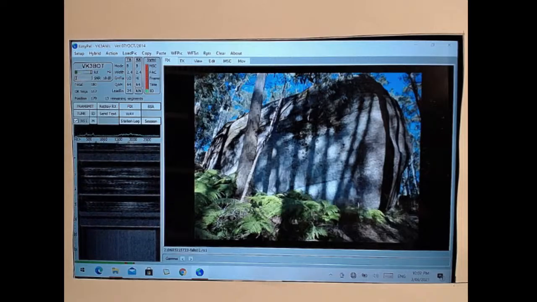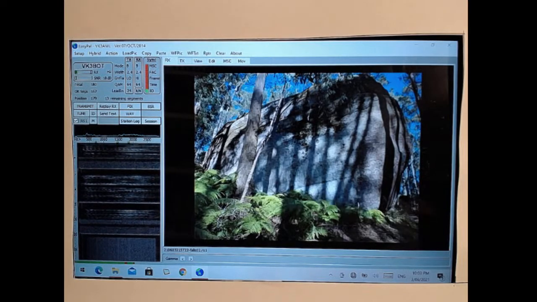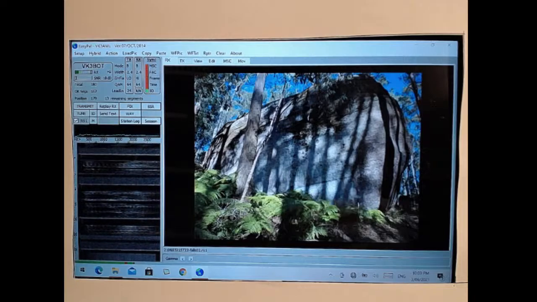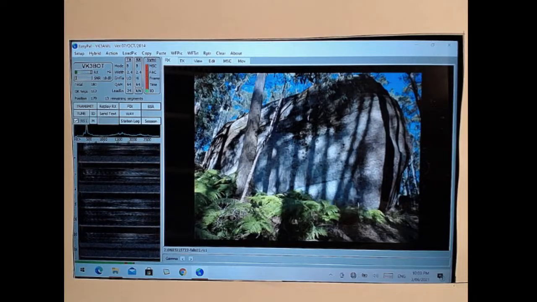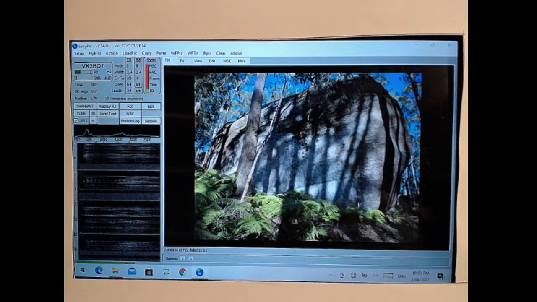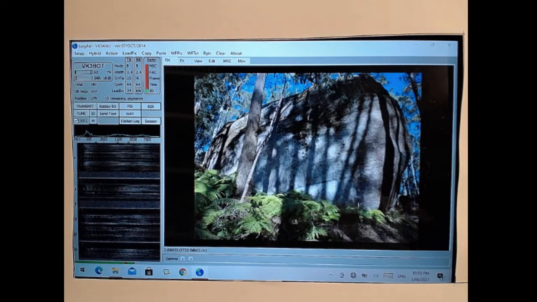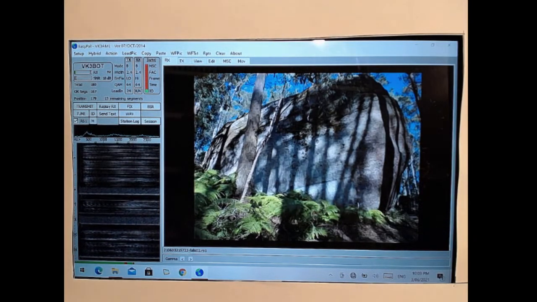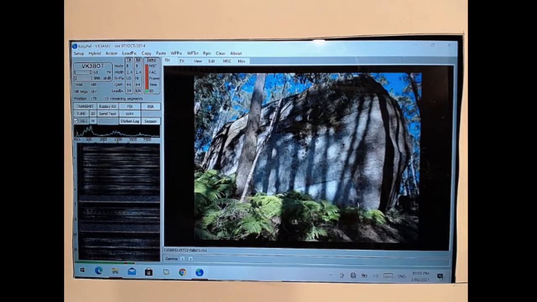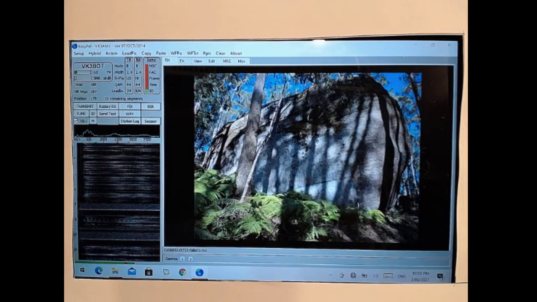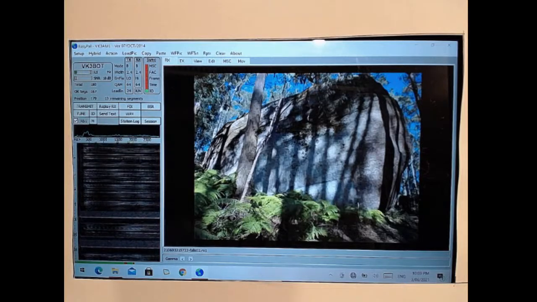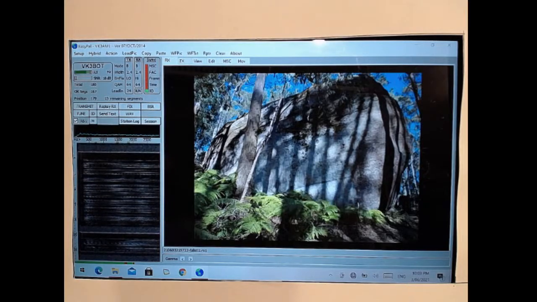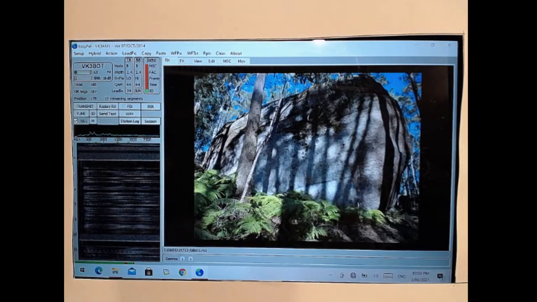VK3CJN. Chris, how did you go decoding this image? First one better, because that came through at 22 dB and I had all the segments. The second transmission came through at 18 dB and I have 13 remaining. And like Chris said, my first impression was Noah's Ark. I have to agree with that. Yeah, but I'll be interested to hear the story of that one, for sure. Yeah, I'd be quite interested.